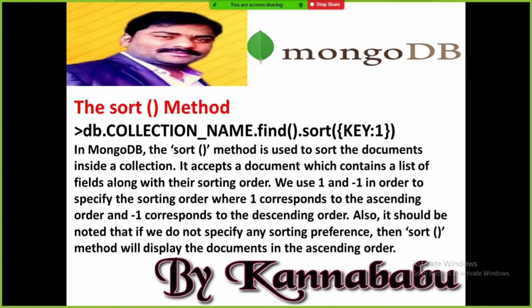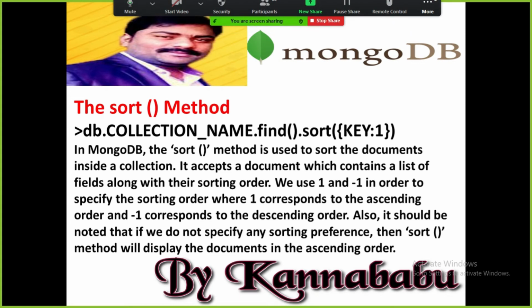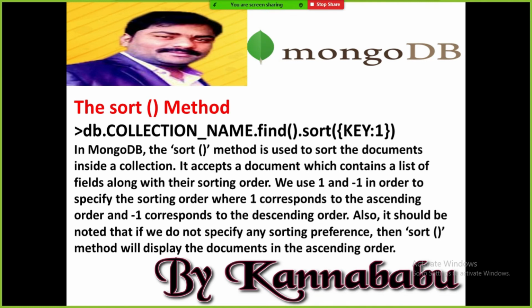After sorting, the result will come now. That result is value. And for that particular result, one key is assigned. That is key. So in MongoDB, sort method is used to sort the documents that are available within the collection. For example, one student collection is there. Student documents, 100 students are there. Means one student means one document. 100 students means 100 documents. Document is nothing but one object or one record.